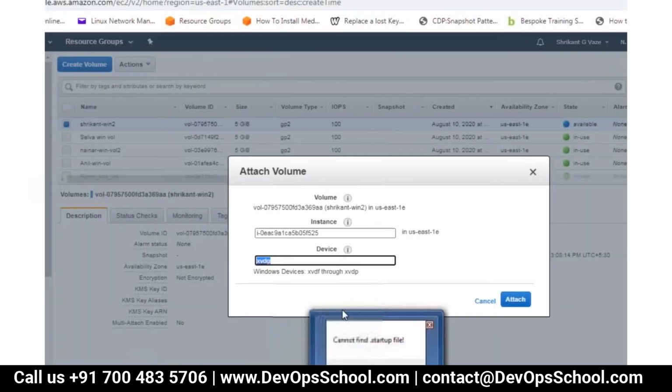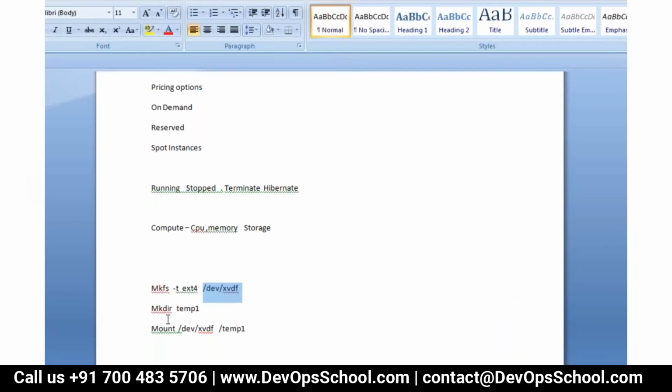But in case of Windows, we don't use this because the mounting is a little different. But underlying Xen is Linux based. That is why you are getting this device name all the time. Okay. So when I refer to Linux, this is the device name you need to give: xvdf, xvdg, whatever.